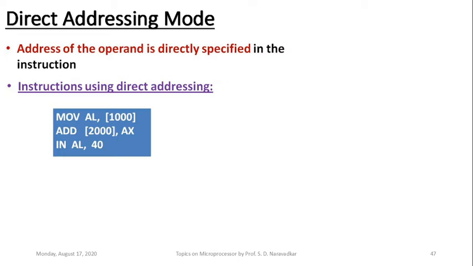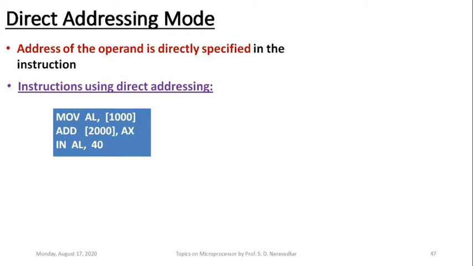Second example is addition, the arithmetic instruction, where the contents of the AX register, one of the operands, is 16-bit data, and the second data should be taken from two offset locations here, 2000 and 2001, both from the data segment, and then the addition of that 16 bits of data will be performed, and the result generated, which is 16 bit, will be again copied to the same offset locations here, 2000 and 2001 from the data segment.